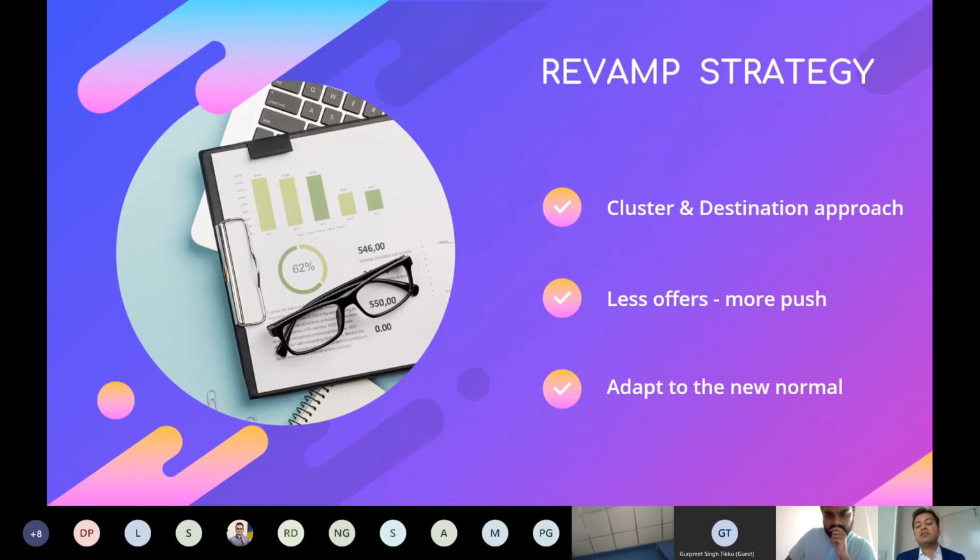And with all this, with what we have discussed on the previous slide, with the apps, with fewer offers, with destination, what we are essentially saying is that we have to adapt to the new normal. The times have changed, the world that we live in has changed. It is not going to go back. We have to move ahead and do what's required. And we can't daydream about 2019 coming back. It's not going to come back. The world has moved ahead. So we awake ourselves to that reality and do these things which are very much needed.